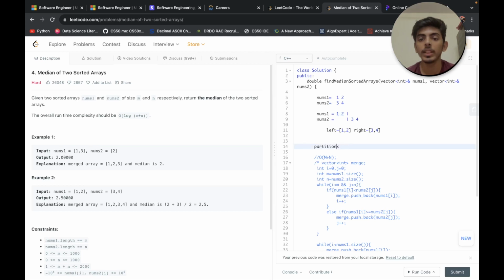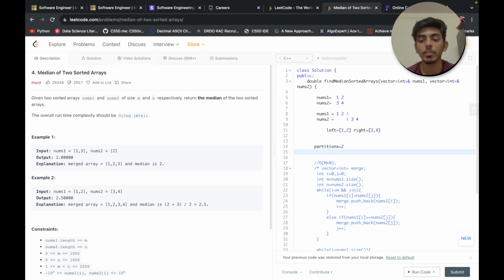If we consider that partition x will be something like this, so our partition y will be like this. Let's say we have size of nums1 as x, which is 2, and size of nums2 as y, which is 2.